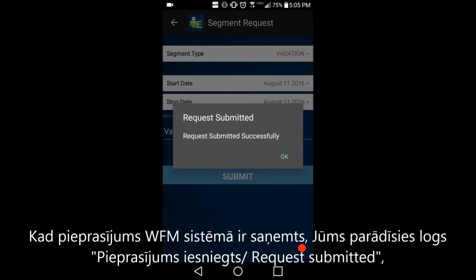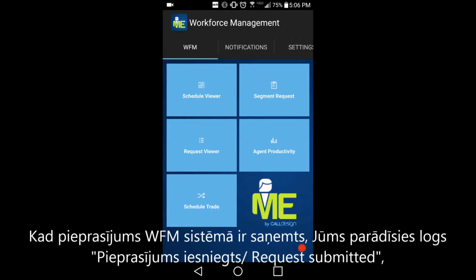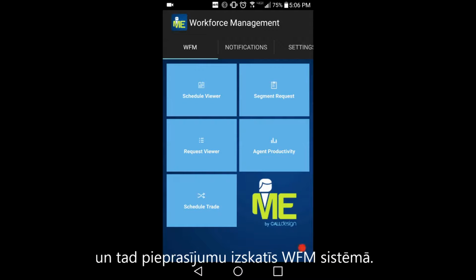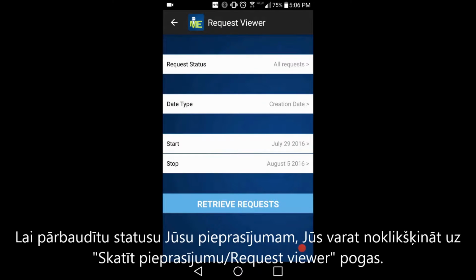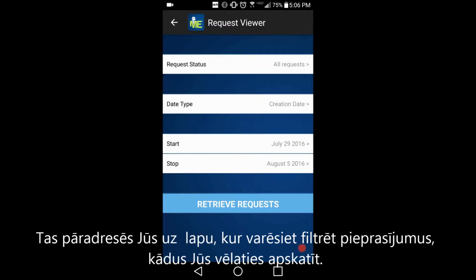Once the submission has been received by the workforce management system, you'll get the pop-up of request submitted and it will then be evaluated by the workforce management system. To check on the status of your request, you can click the Request Viewer button. This will bring you to a page where you can filter down requests that you'd like to view within the